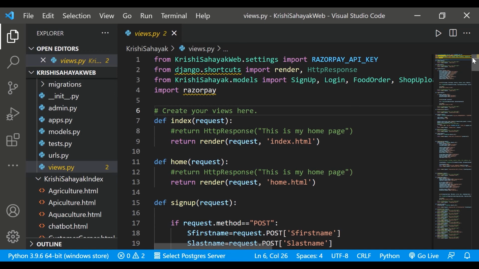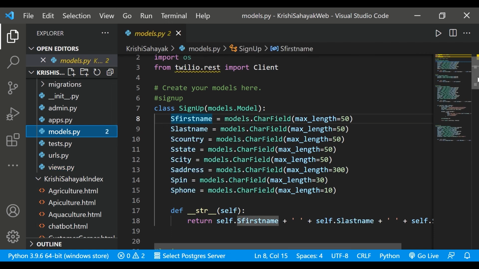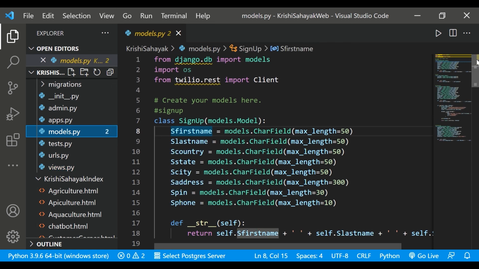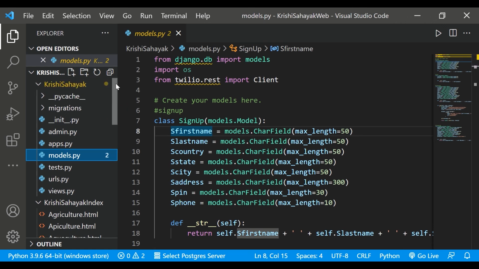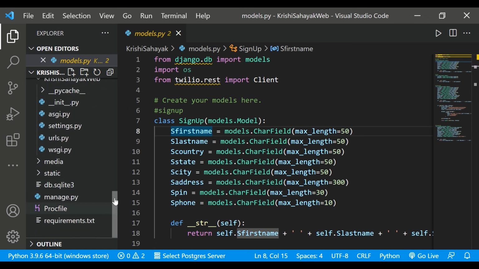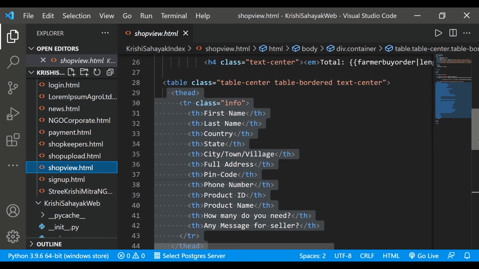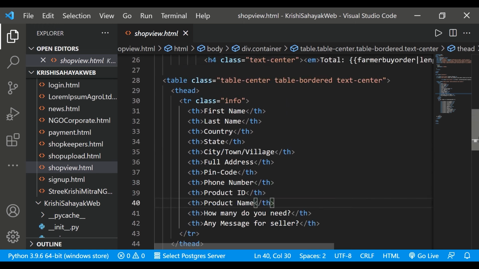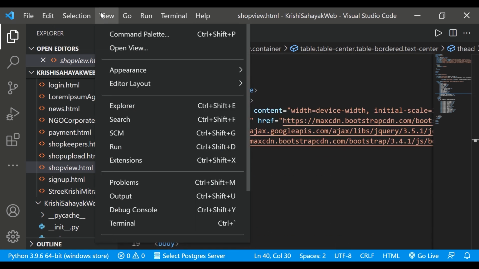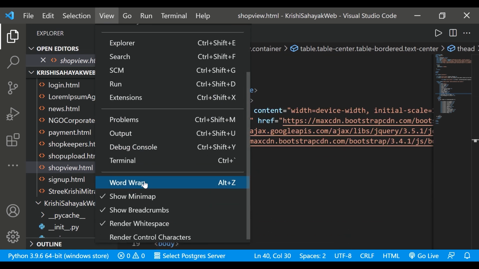So in this way, I have created the project. Now I will show you few more things, like creating a payment gateway. But before that, I will show you how I am fetching the data from the backend to the front end. The front end page where the shopkeeper views the orders is this one, created by normal HTML.